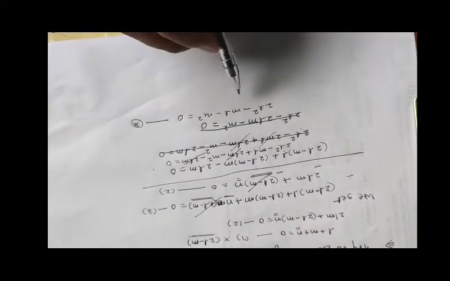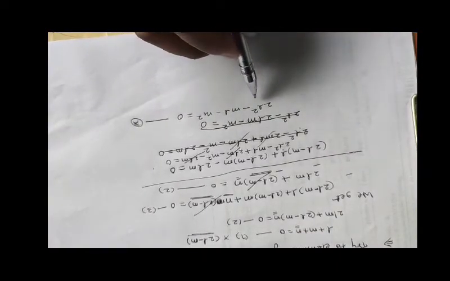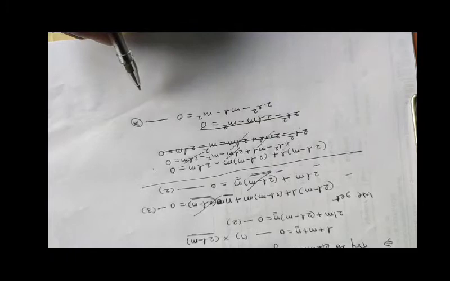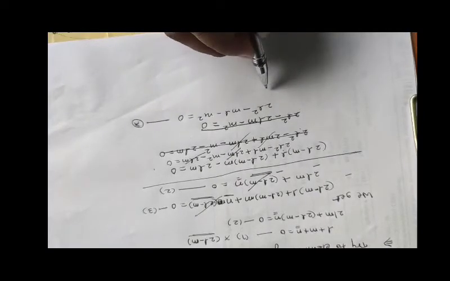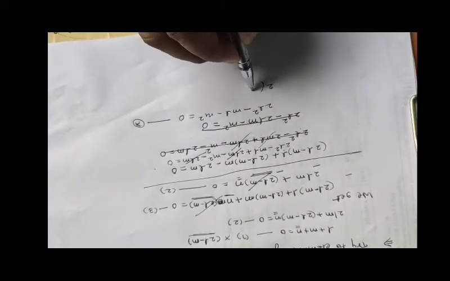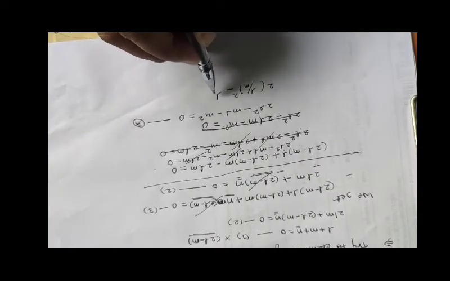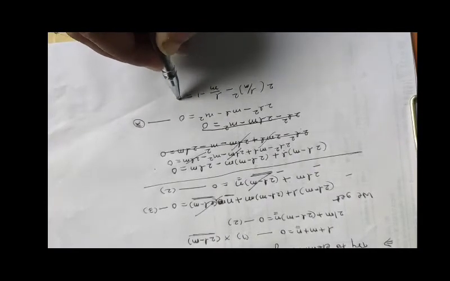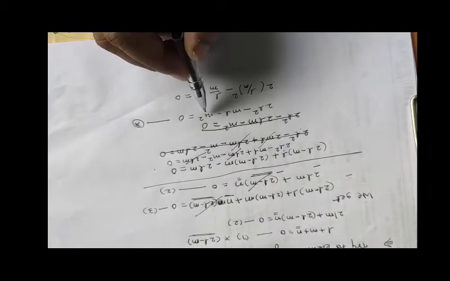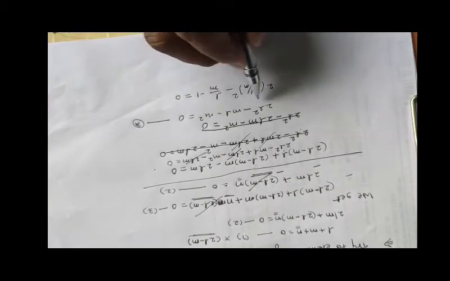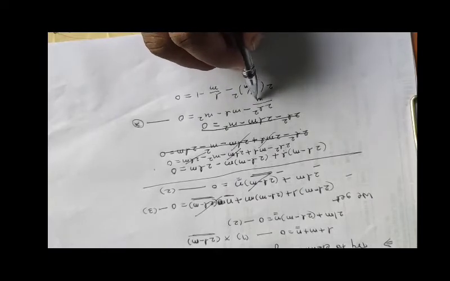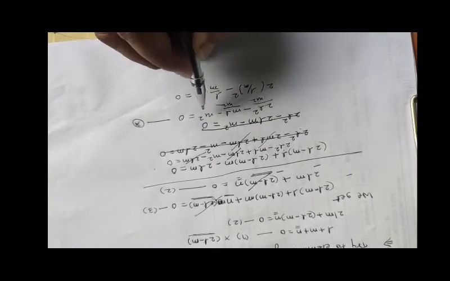Now again you can see here there are two variables l and m. So we try to make this equation in single variable form, and that is, I can write it as 2(l by m) square minus (l by m) minus 1 equal to 0. That means dividing throughout the equation by m square.